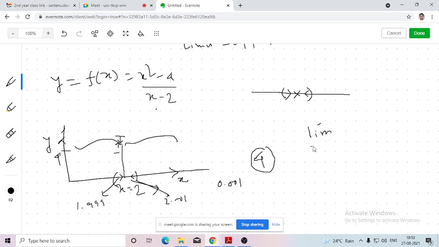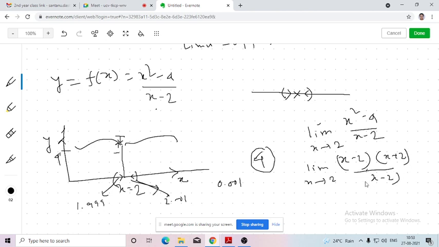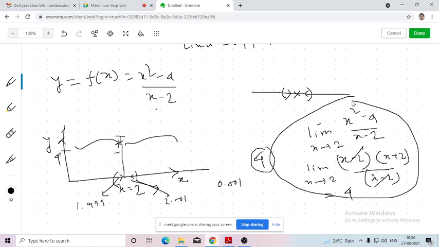You know that we use this formula: limit x tends to 2, x square minus 4 by x minus 2. Here we can factorize the numerator: x minus 2 into x plus 2, then divided by x minus 2. Since x tends to 2 but x is not equal to 2, this can be eliminated. Now this function is defined at x equals 2, so you can put the value x equals 2. So this value will be 4. This is the process to evaluate the limit. But before that, we can actually follow this process because we know that the limit exists here and equals 4. Is that clear?